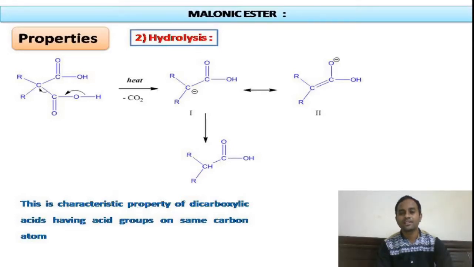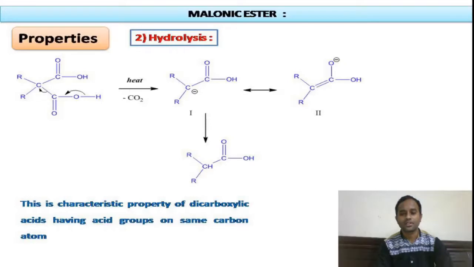Thereby we will get resonance structure 2. Because of these two resonance structures, we can say that the formed carbon anion is resonance stabilized. Thereby the carbon anion is formed easily from the parent dicarboxylic acid. That's why the statement given here is the characteristic property of dicarboxylic acids having acid groups on the same carbon atom. This type of dicarboxylic acid upon heating loses carbon dioxide very easily to form monocarboxylic acid